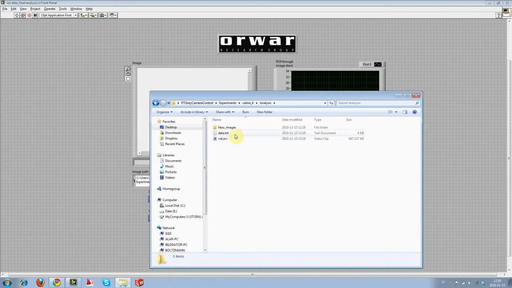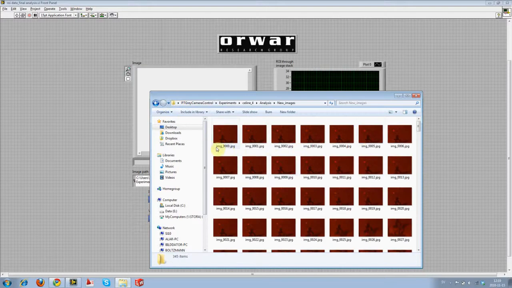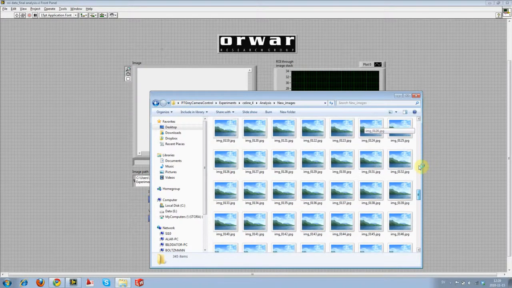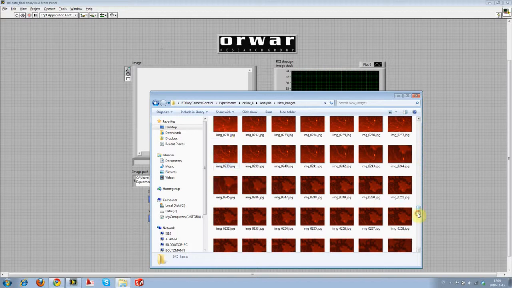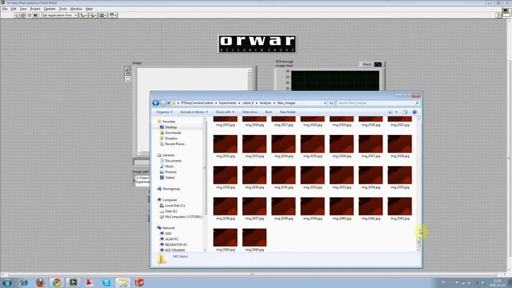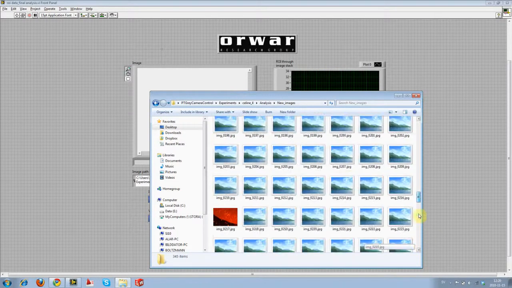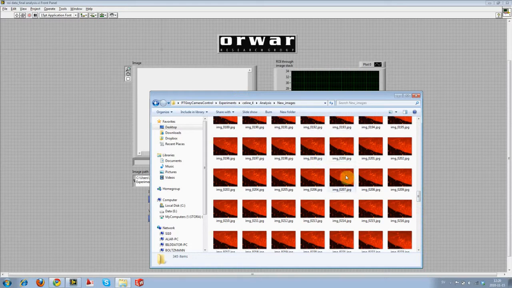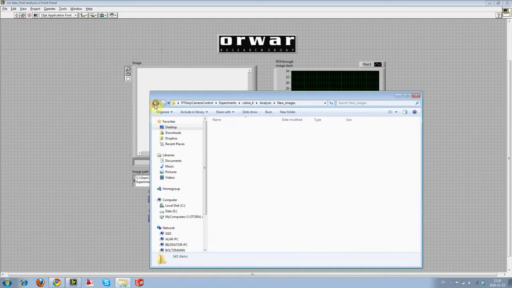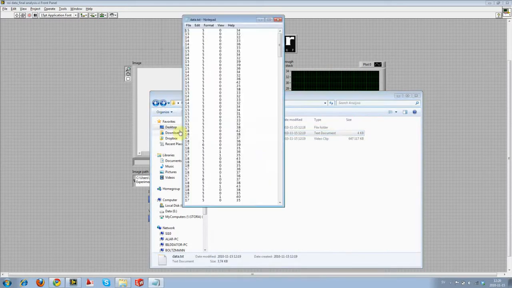So we have a new images folder, which are renamed, so IMG with 0 padded file names for all of the files in the original. That's the only thing that's changed, so that it's easier to look at these at a later time. The data file as previously, it's a big text file with 4 columns in. And now you have a vid file,